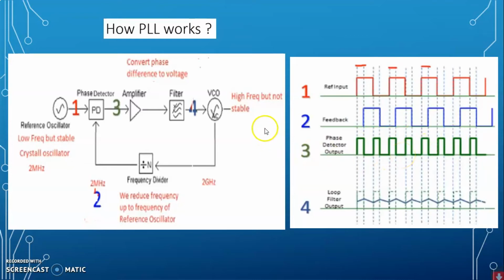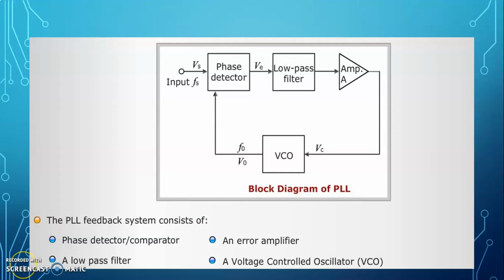The phase difference error signal is given to the filter. Based on the error signal, the filter generates the DC output voltage. This voltage is passed to the voltage controlled oscillator. Hence, the voltage controlled oscillator maintains the constant high frequency output signal with the help of the PLL. Okay, now we can discuss elaborately each component of the phase lock loop.